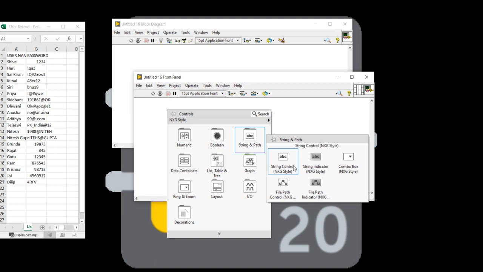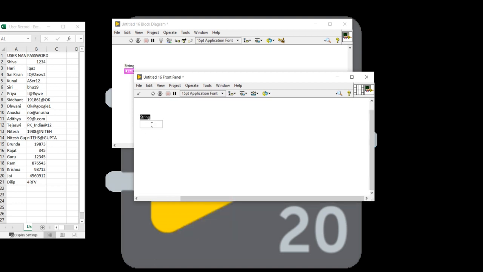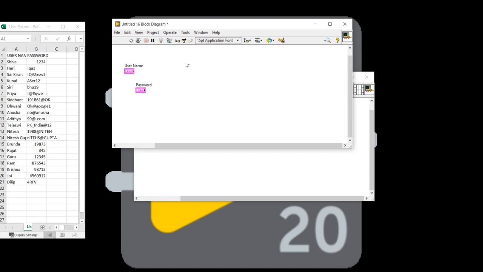So here I'm going to take one string control, username, and another one for the password, username and password.